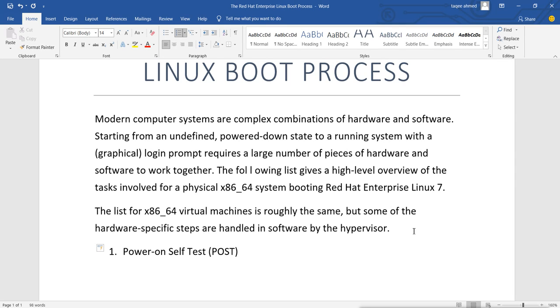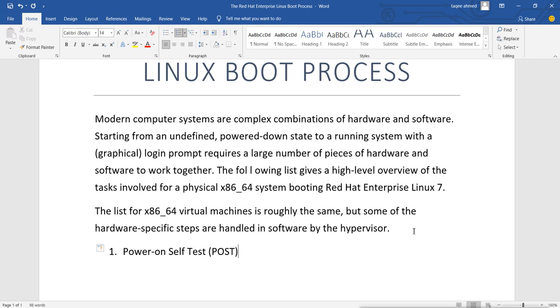Now this thing is hardware specific. It runs from the BIOS, from the firmware. Until now it is not decided which operating system is going to be loaded. All digital machines do this, whether you are starting your PC, your mobile, a router, or switches. They run the POST from firmware, and till now it is not decided which operating system is going to boot. It could be Windows, Linux, or any other operating system.